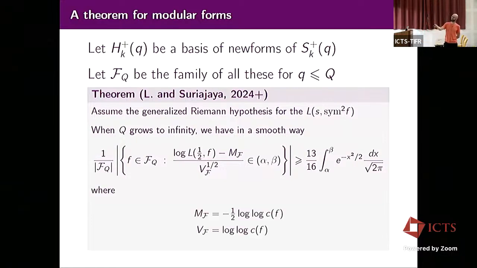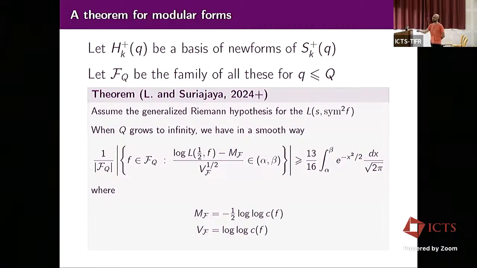And we have an explicit mean, which is half of log log of the conductor. Of course, here you can say it's half of log log of Q. Both are true. And a variance, which is also log log of the conductor. And that's what I want to explain today. How do we get these results specifically? But you can keep thinking that these tools and the mechanics behind that seem to be pretty general and may work for various other families.